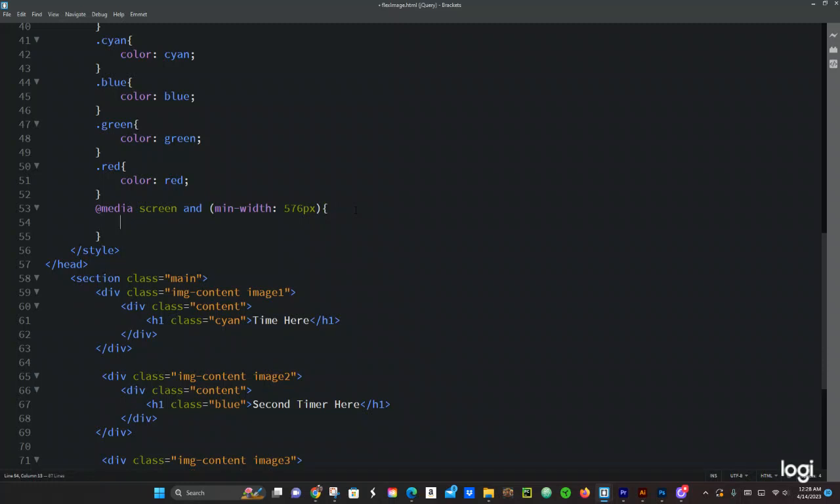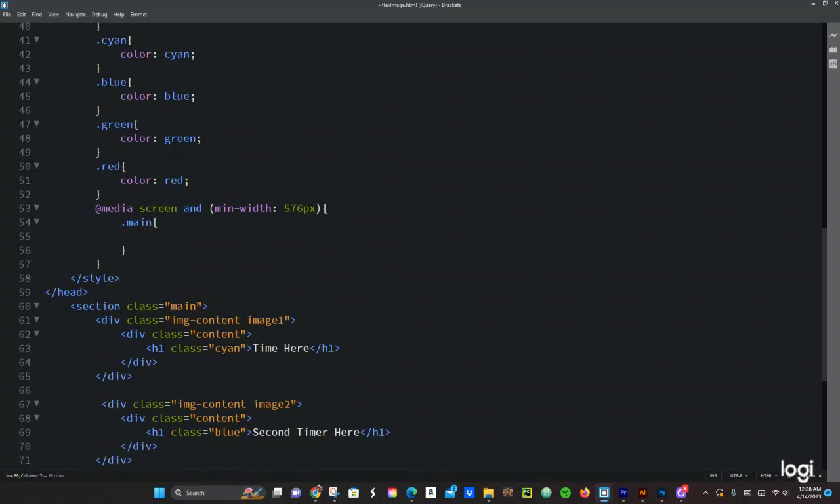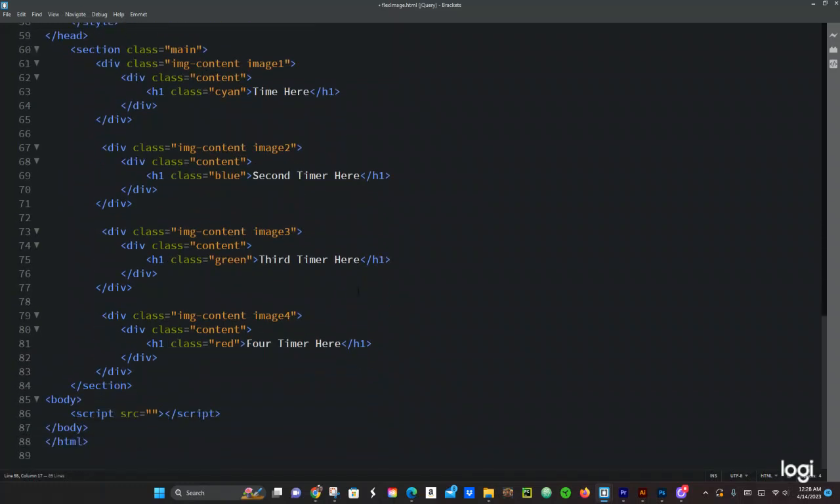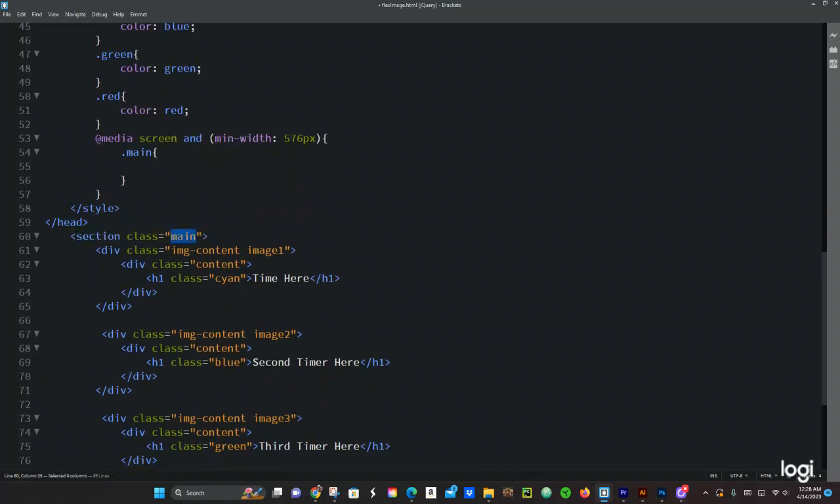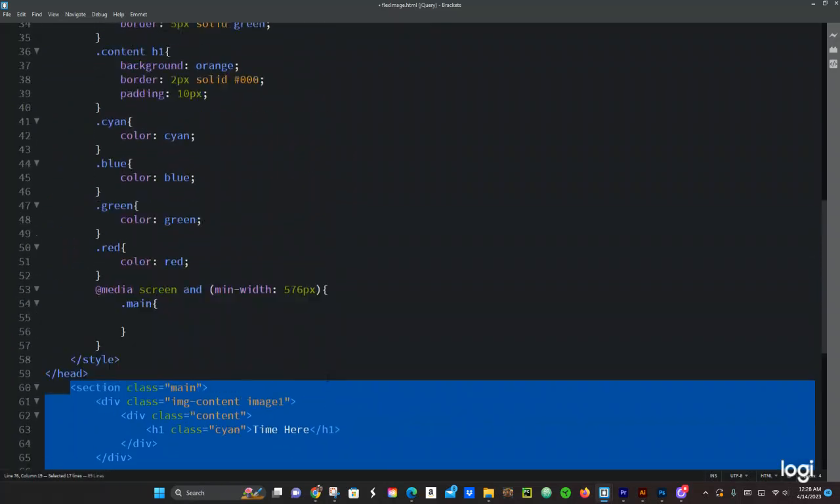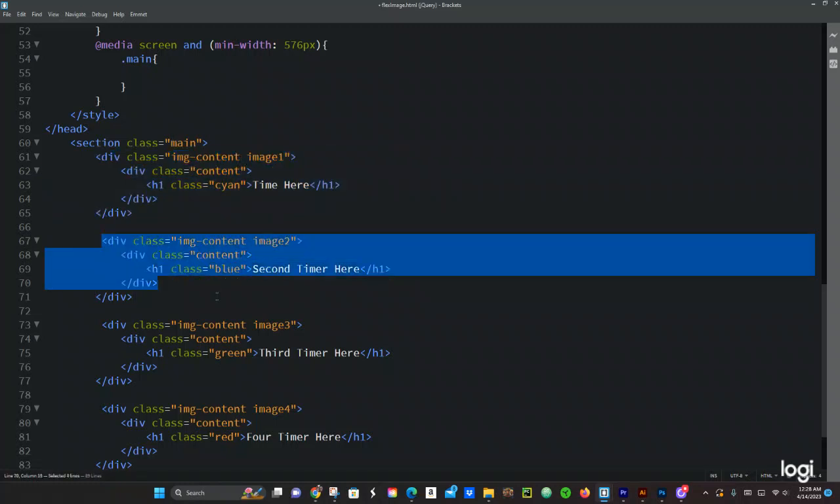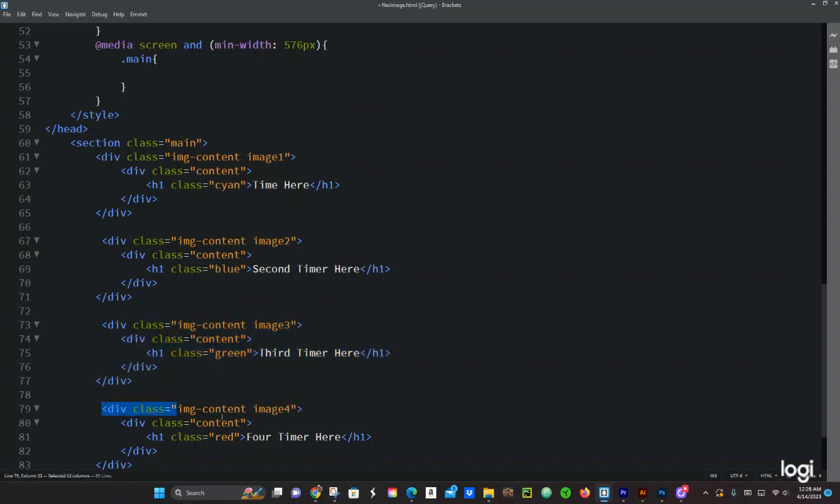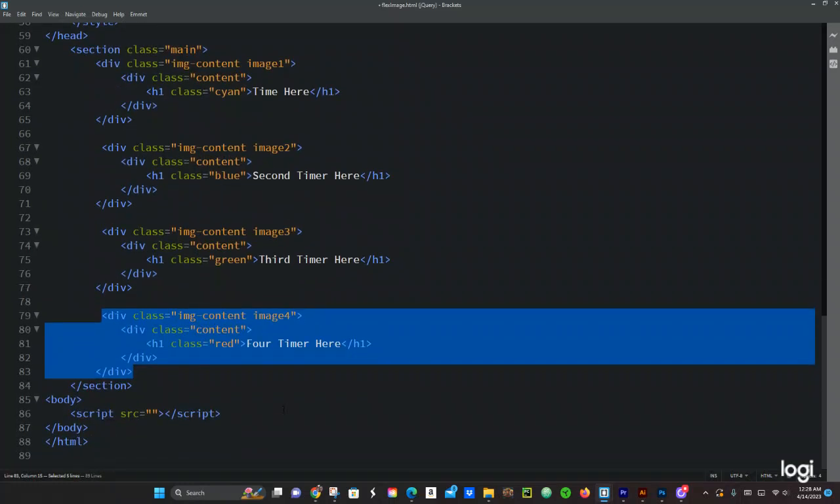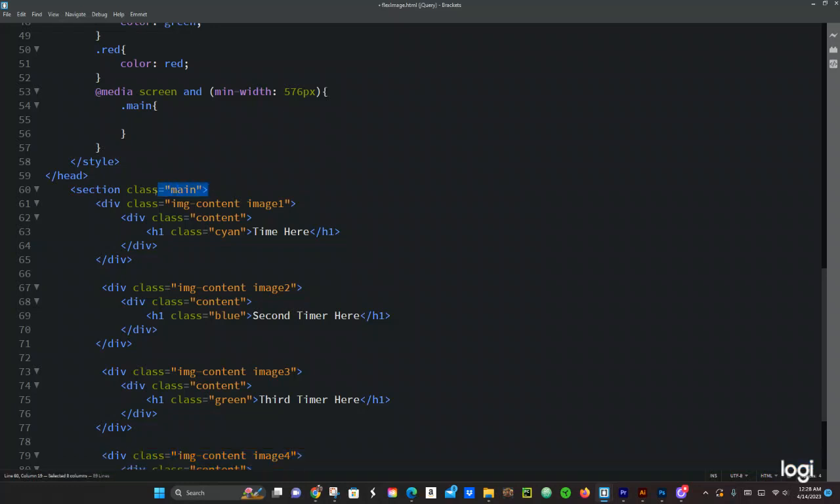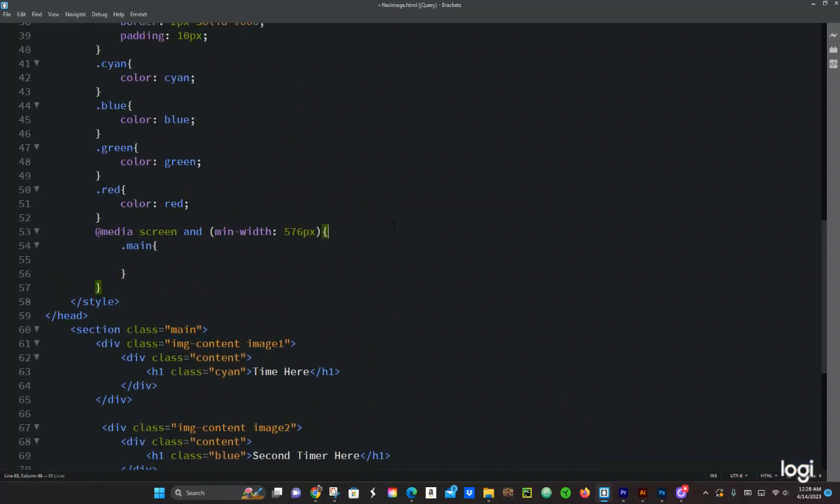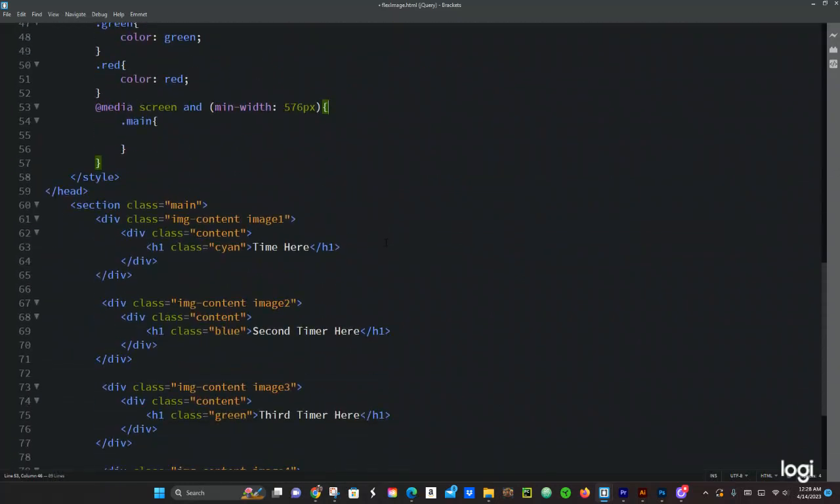Curly brackets, and then we have the main. So what I want to accomplish in here, in the main, which is the whole entire section, this is main right here, the whole entire block of code. So that's the parent, main is the parent, and these are the kids. 1 kid, 2 kids, 3 kids, and 4 kids. All the kids are in a div, those are the kids, and the main is the parent. Okay, now, okay, I want